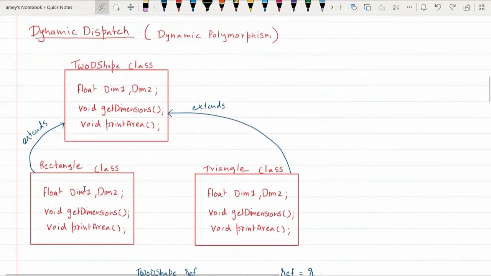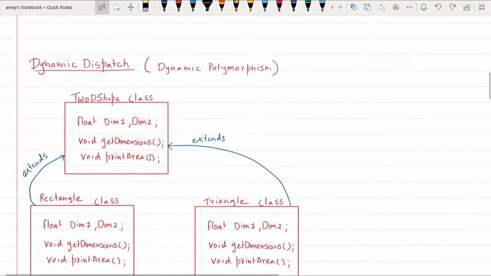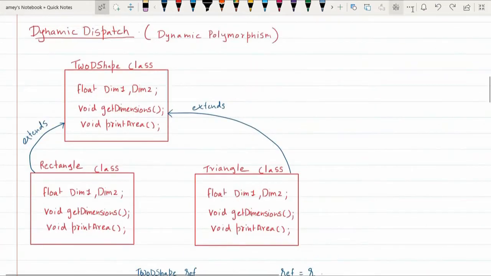Why? Because rectangle and triangle classes are subclasses of the superclass 2D shape. So, let us quickly see the program, and then we can come back and see how we actually achieve dynamic polymorphism.